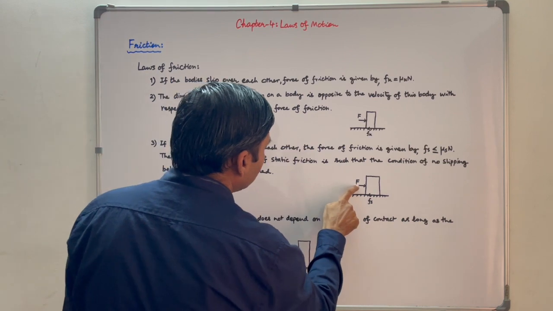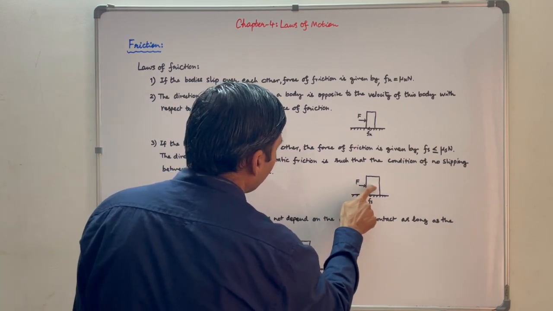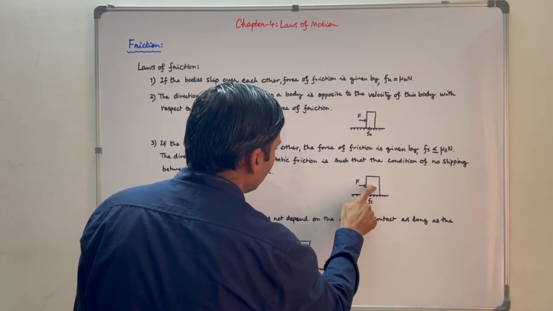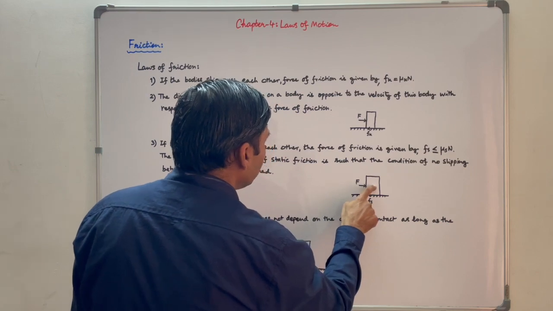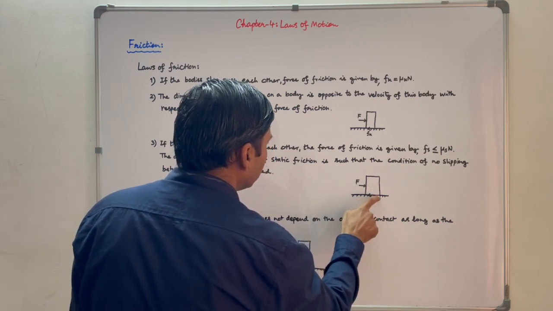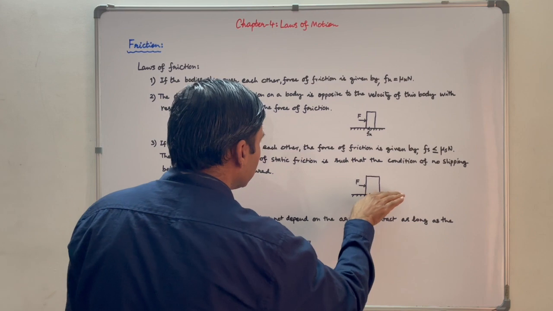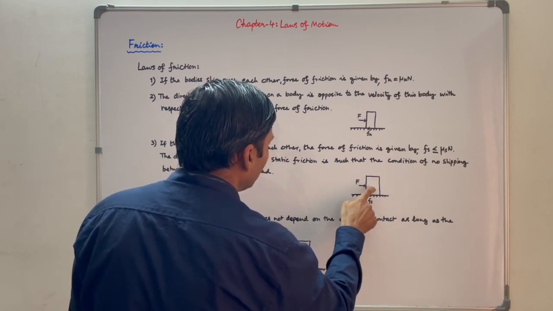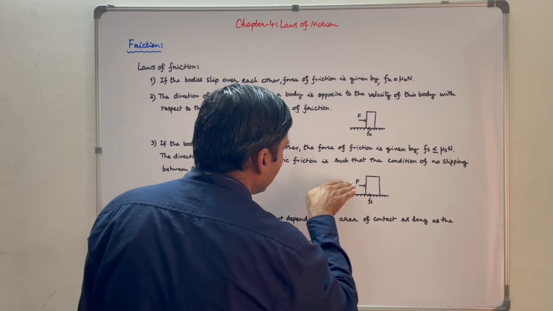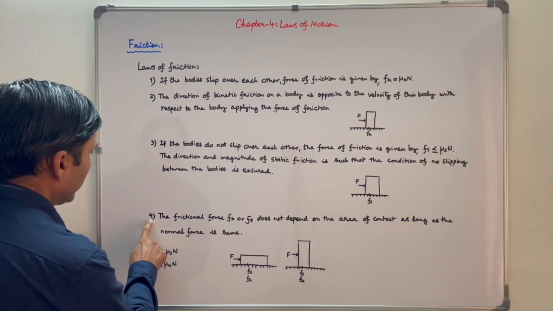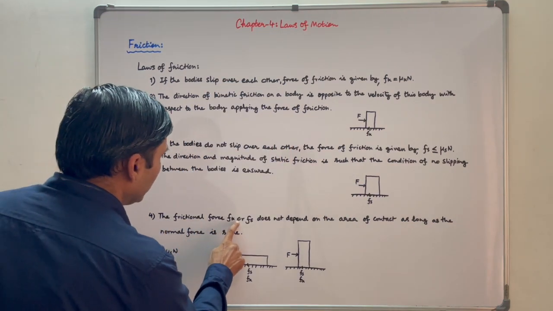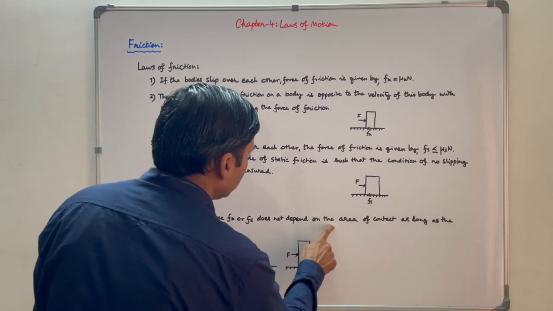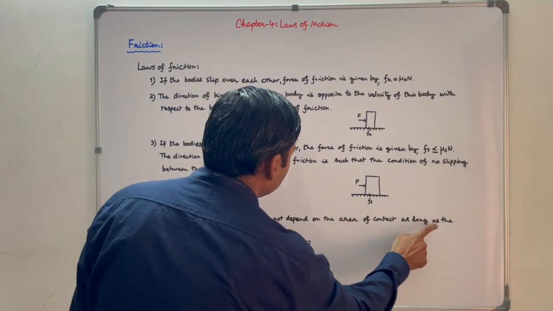Suppose a horizontal force F is applied on a block, but the block does not move. That means the friction force on this block by the surface will be applied in such a direction so that it opposes the tendency of this block to slide in the direction of applied force. Fourth point, the frictional force Fk or Fs does not depend on the area of contact as long as the